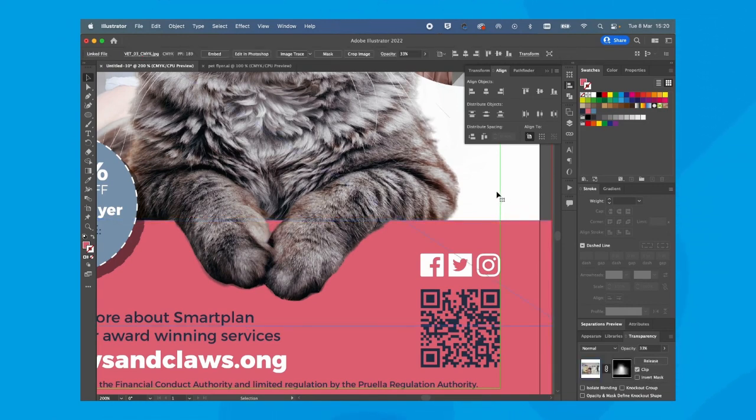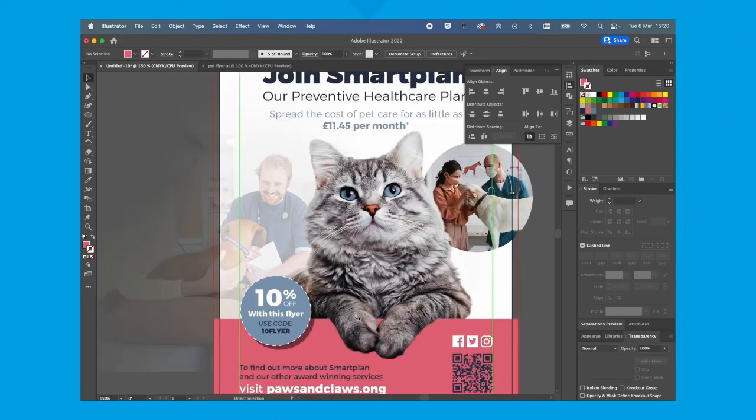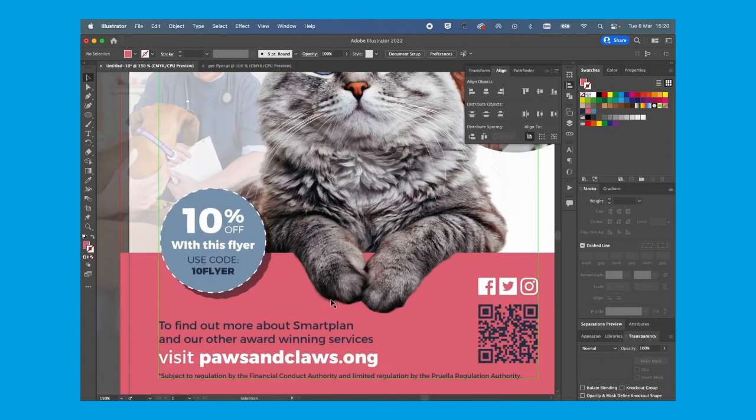That's good. And I think the last thing I want to do, this kind of where the cat's cut out, I think just looks a little bit harsh, looks a little bit cut out, so I just want to add a little bit of shadow there, so the cat is really part of the design. The way I'm going to do that